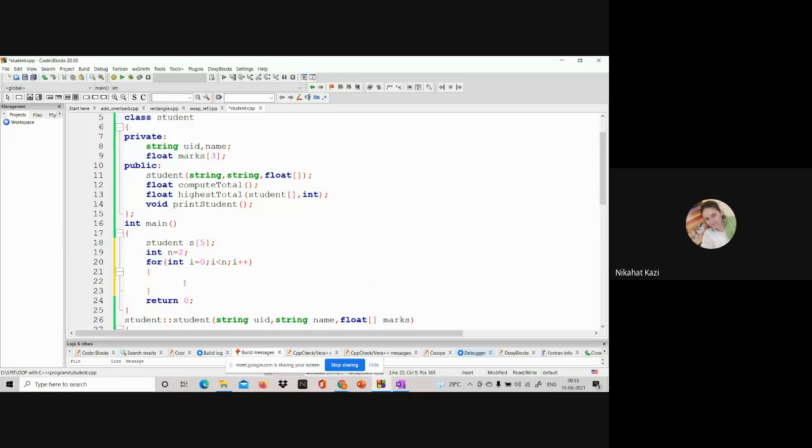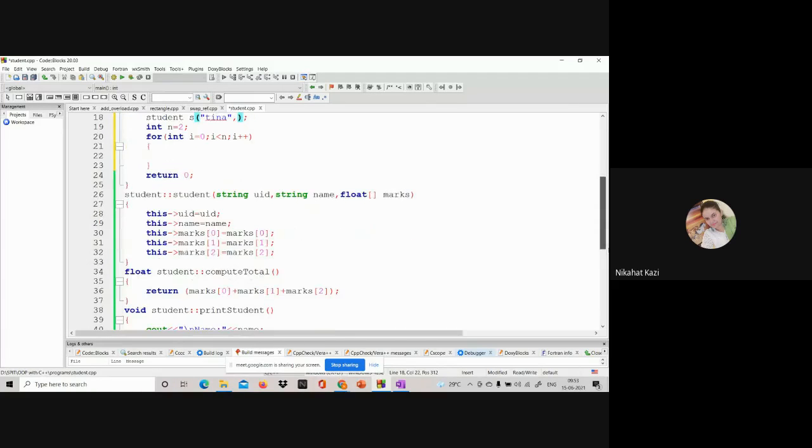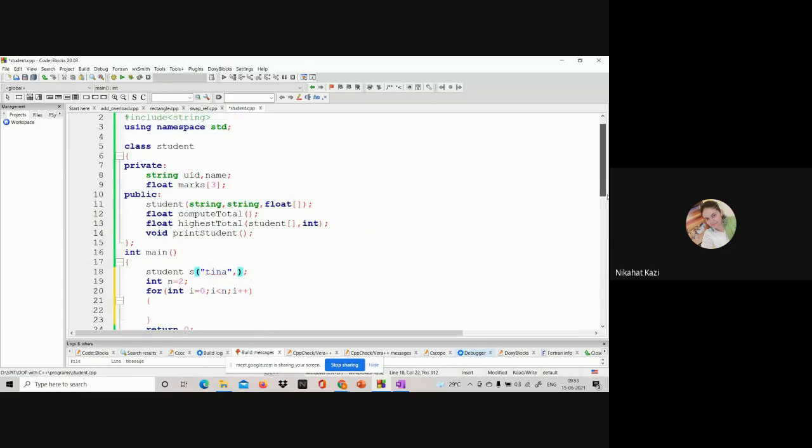Now in this, I need to call this constructor. This is different. Watch how different it is from the usual way, because we don't have a simple object. Otherwise, with a simple object, you simply pass the name and the UID, whatever it is. First is UID, right? UID, name, yeah.